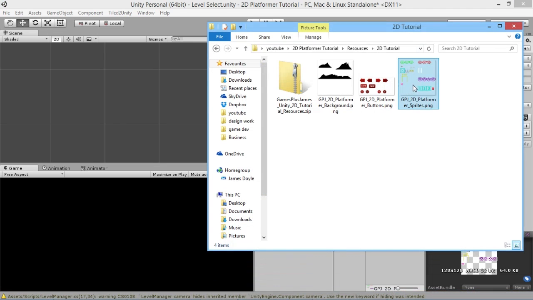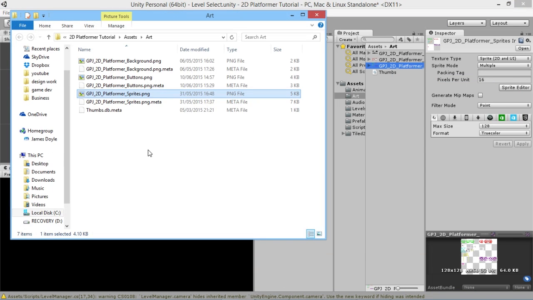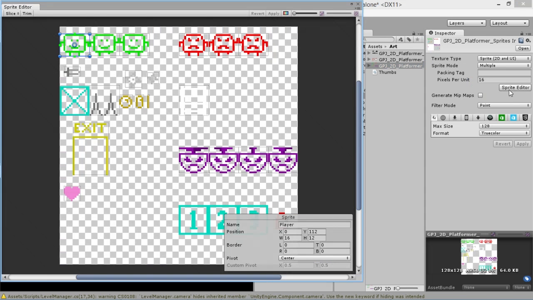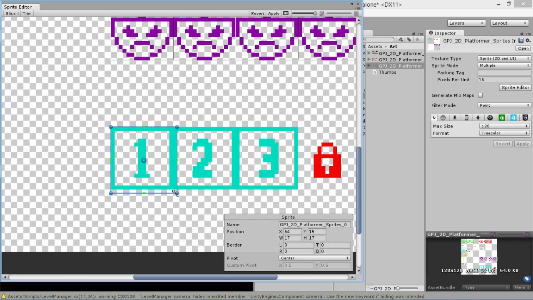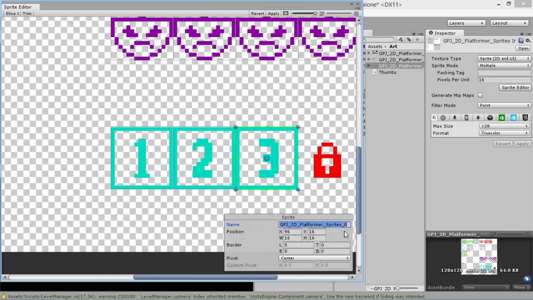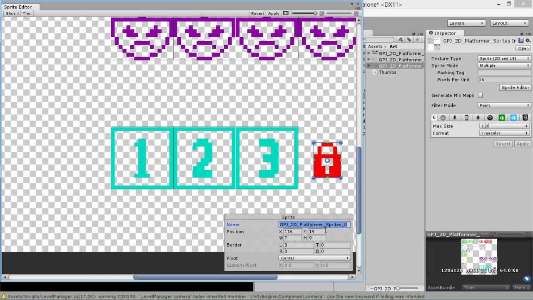And I'll just copy this and we'll open this in Explorer and paste this one in on top of it. And now we go back in here and we've got a few little things down here in the corner. That's not the right shape at all. So what we're going to do is just draw around these, and we'll call this level select 1. And we'll just do the same with the other guys here. And this one will be level select 2. And this guy will be, surprisingly, level select 3. And then we're just going to have this little lock icon as well for locking the levels. So we'll call this,